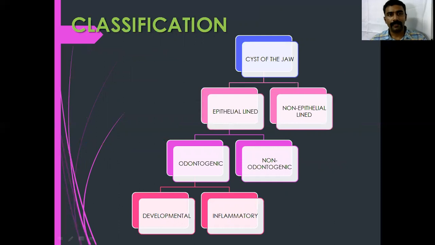So moving on to the classification of cyst. Cysts are in general classified as odontogenic and non-odontogenic cysts. Odontogenic cyst is further classified as developmental and inflammatory type. The examples of inflammatory type of odontogenic cyst are radicular cyst and residual cyst. Radicular cyst is the most common cyst, related to the periapical region of teeth, and it is always associated with non-vital teeth as a result of trauma or caries.